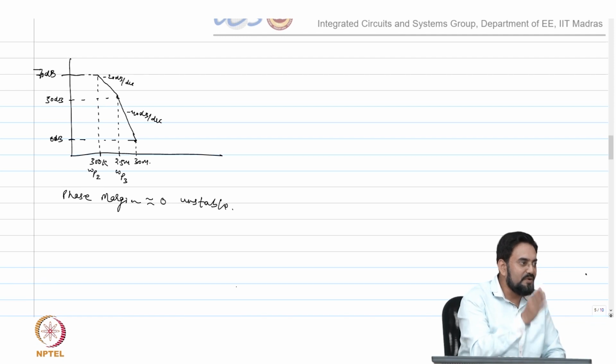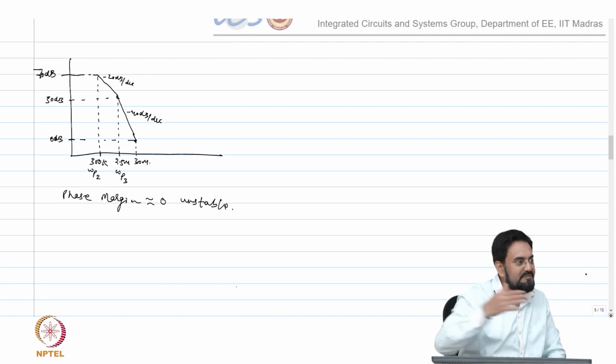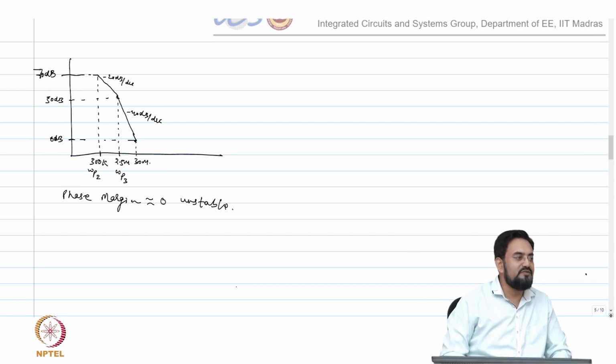So if your dominant pole is at omega P2, as you increase the load, your second pole will be pushed to a higher frequency. So it will further improve your phase margin. If you compensate at the lightest load by putting the compensation cap at omega P2, then for higher load it will be automatically compensated, because the second pole will be moving to a higher frequency. And that's what you want. You want to move your non-dominant pole outside your UGB. Okay.